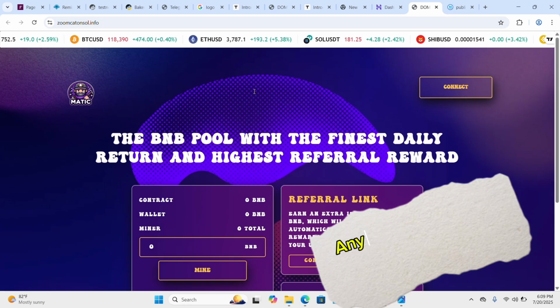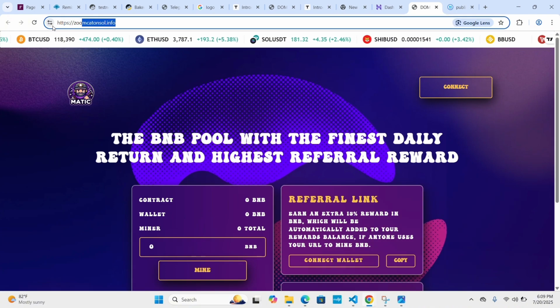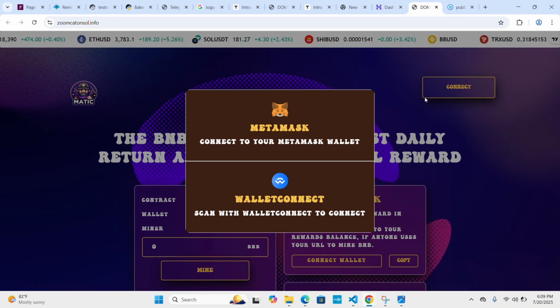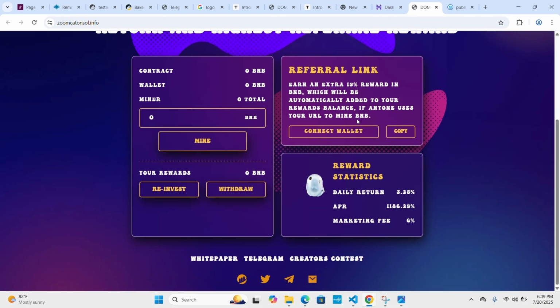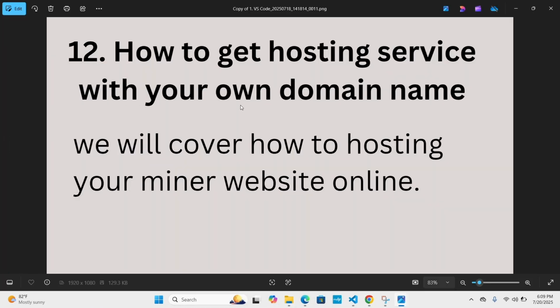All right. So anyone around the world can actually access your website with this domain, and they can connect their BNB wallet to invest on your website. All right, I think we have succeeded in completing this session: how to get hosting service with your own domain name. We will cover how to host your miner website online. So we have successfully done it already. So there is no need of